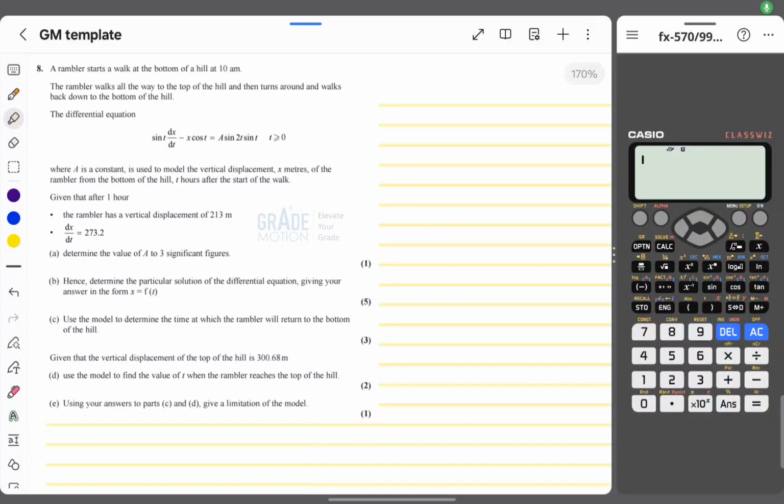We have a word problem. A rambler starts a walk at the bottom of the hill at 10 a.m., and then he goes up to the top, turns around, and walks back down. This differential equation is used to model the vertical displacement, that is our x, vertical displacement